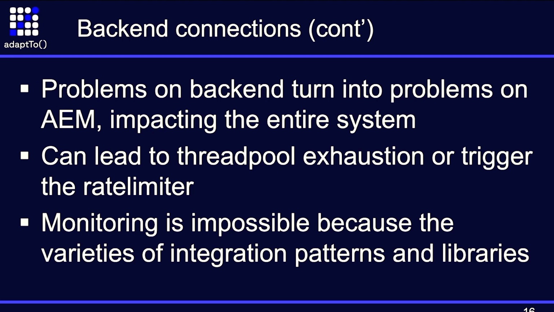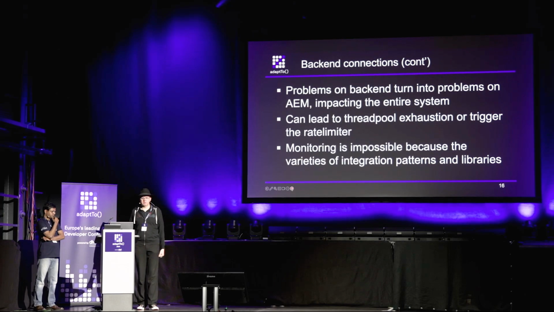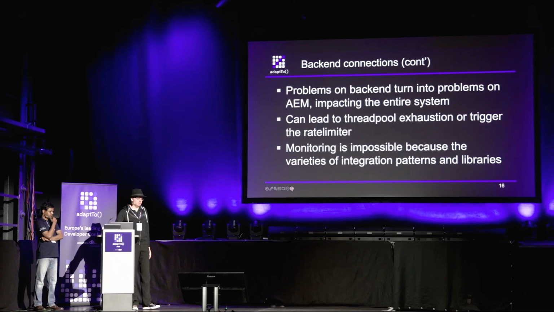Thread pool exhaustion triggering the rate limiter, and the problem is monitoring is impossible because we cannot monitor how you do backend connections. You might use one of these 15 HTTP clients around. You might use a library. We cannot monitor them all. We could make some guesses, but